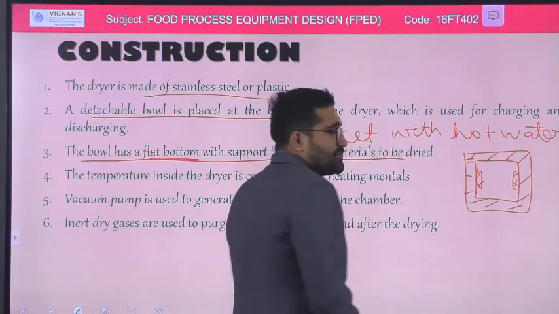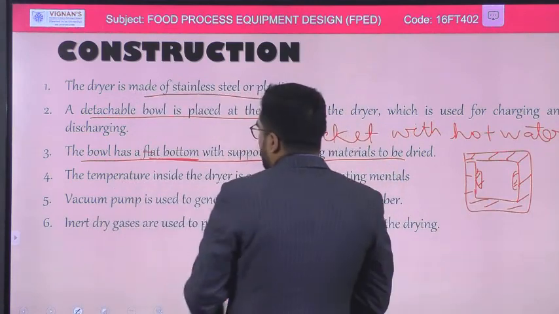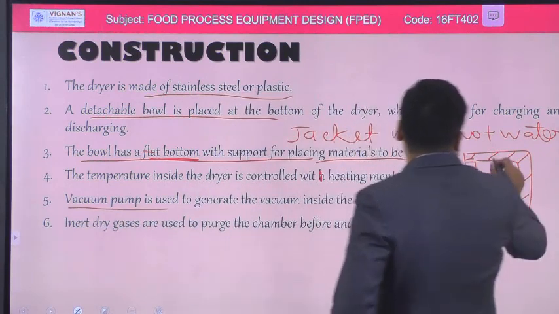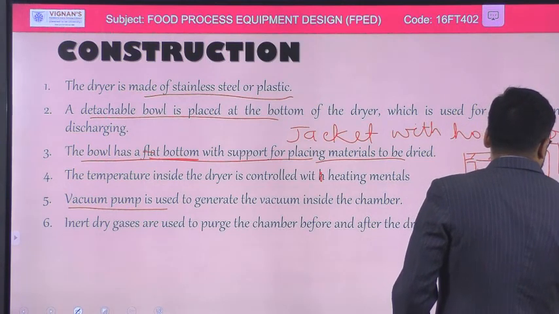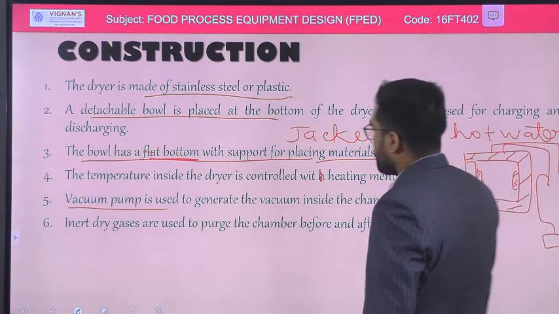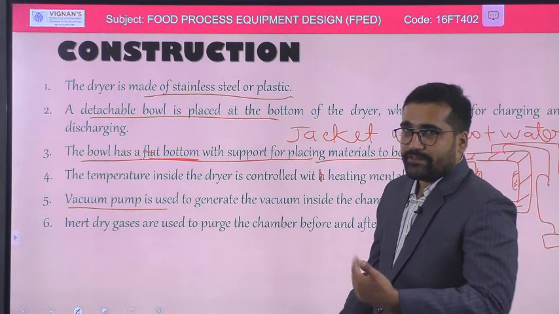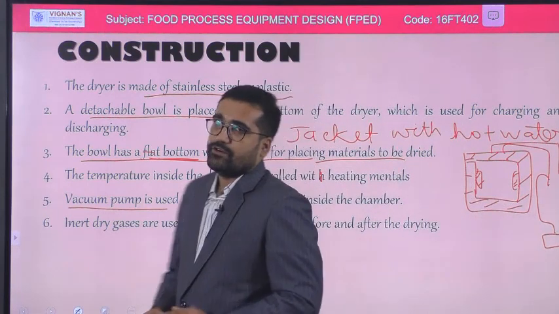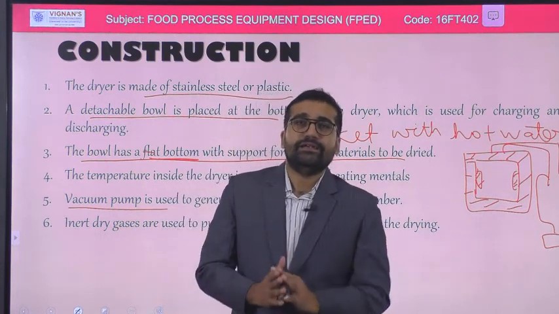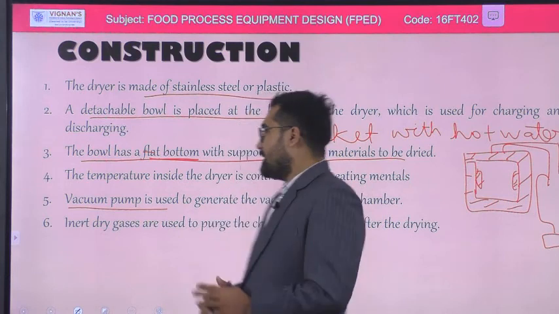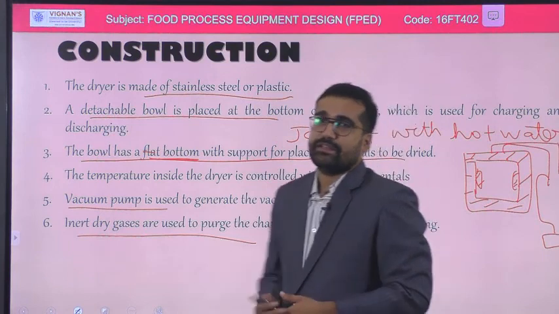Or we can also use microwaves for achieving the exact temperature, and a vacuum pump is used to evacuate all the air, or create the vacuum inside the system. And dry gases are used to purge. We have talked about RH previously also, which is why we use only dry gases to purge the system and clean it off. So these are the things to take care of in a vacuum dryer, and these are the construction materials for the vacuum dryer.